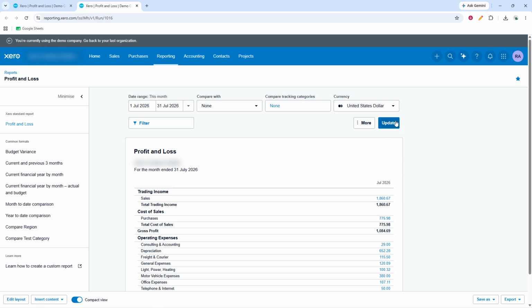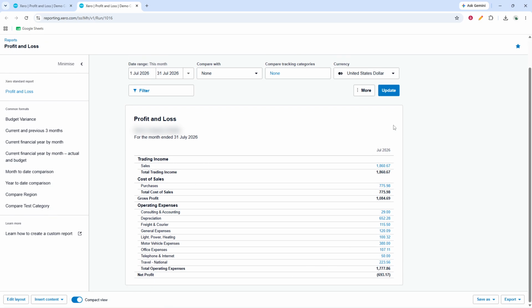This refreshes the report so Xero can display the latest version based on the settings you selected. Give it a moment if the report takes a few seconds to reload. Before continuing, look over the report one more time to confirm that the figures and date range match what you want to export. When the report is updated and ready, move to the bottom right corner of the report window